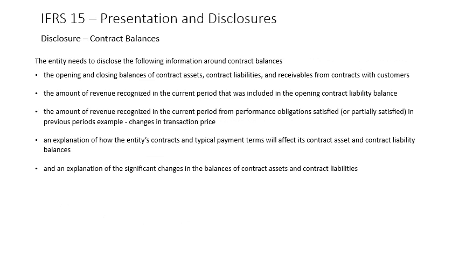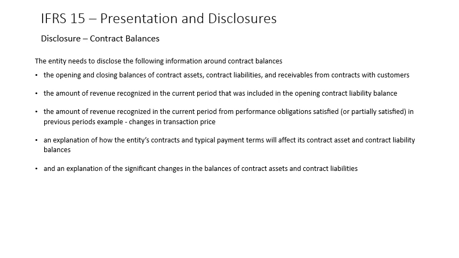Disclosures around contract balances. The entity needs to disclose the following information around contract balances: the opening and the closing balances of contract assets, contract liabilities, and receivables from contracts with customers, the amount of revenue recognized in the current period that was included in the opening contract liability balances, the amount of revenue recognized in the current period from performance obligations satisfied in the previous period. An example would be changes in transaction price,